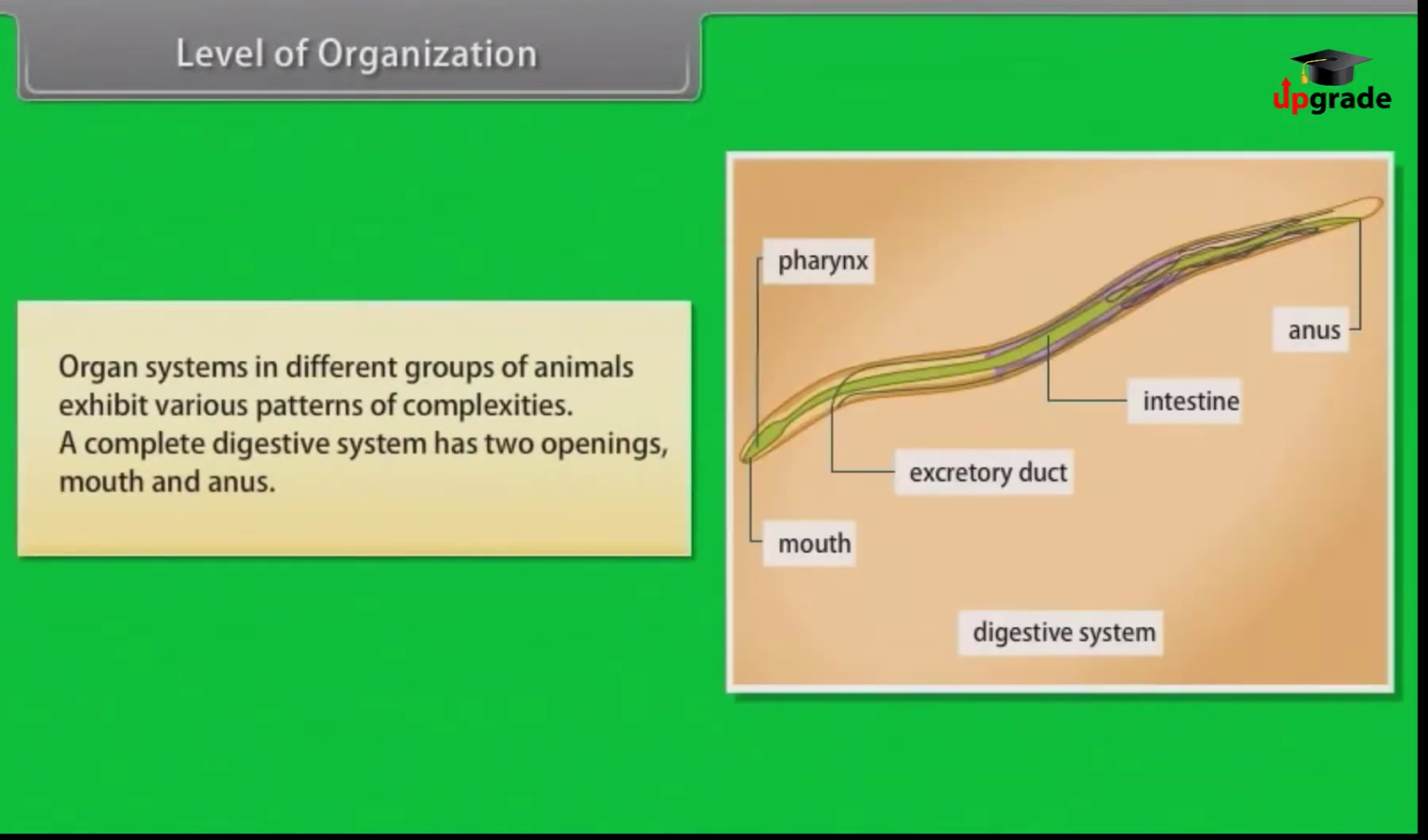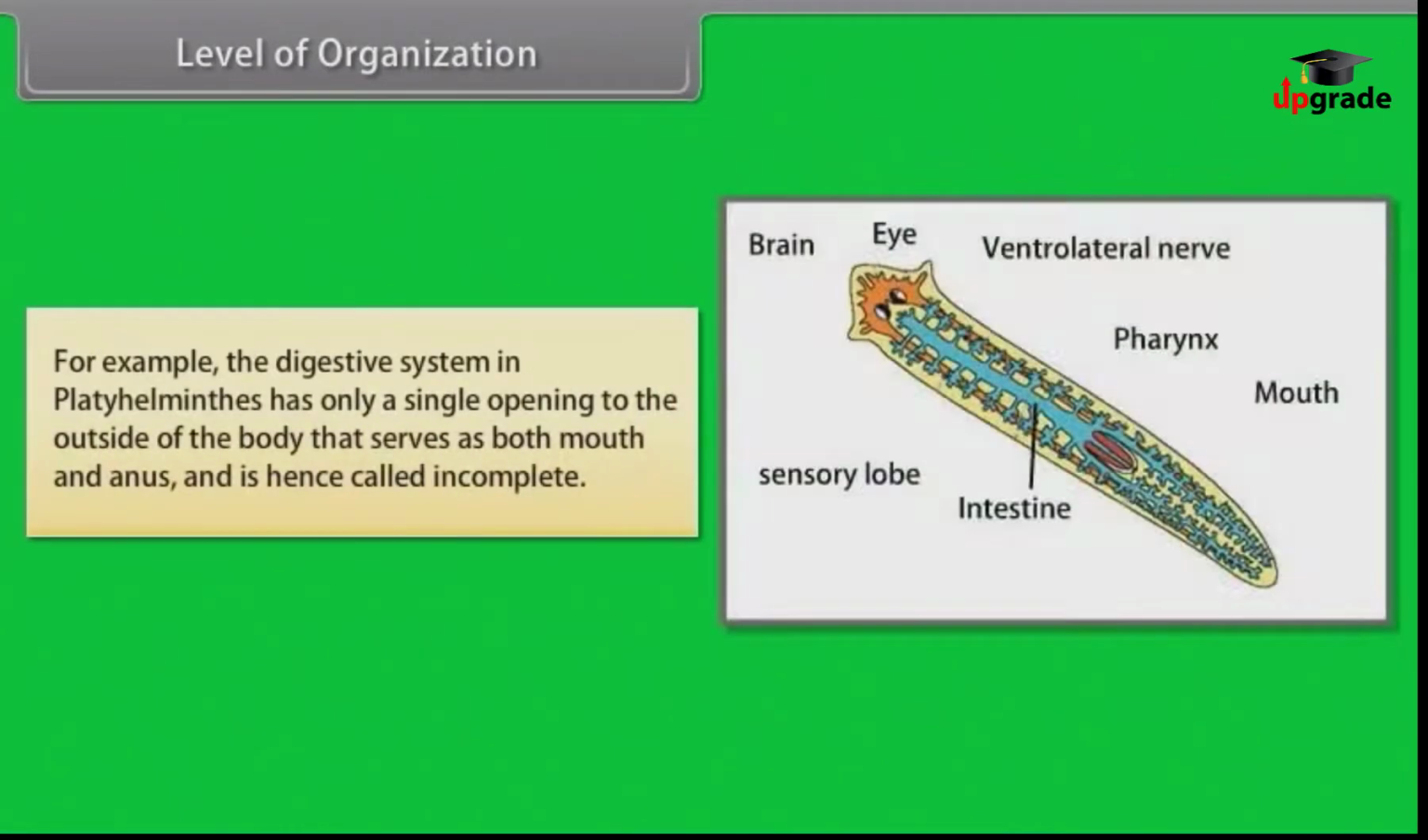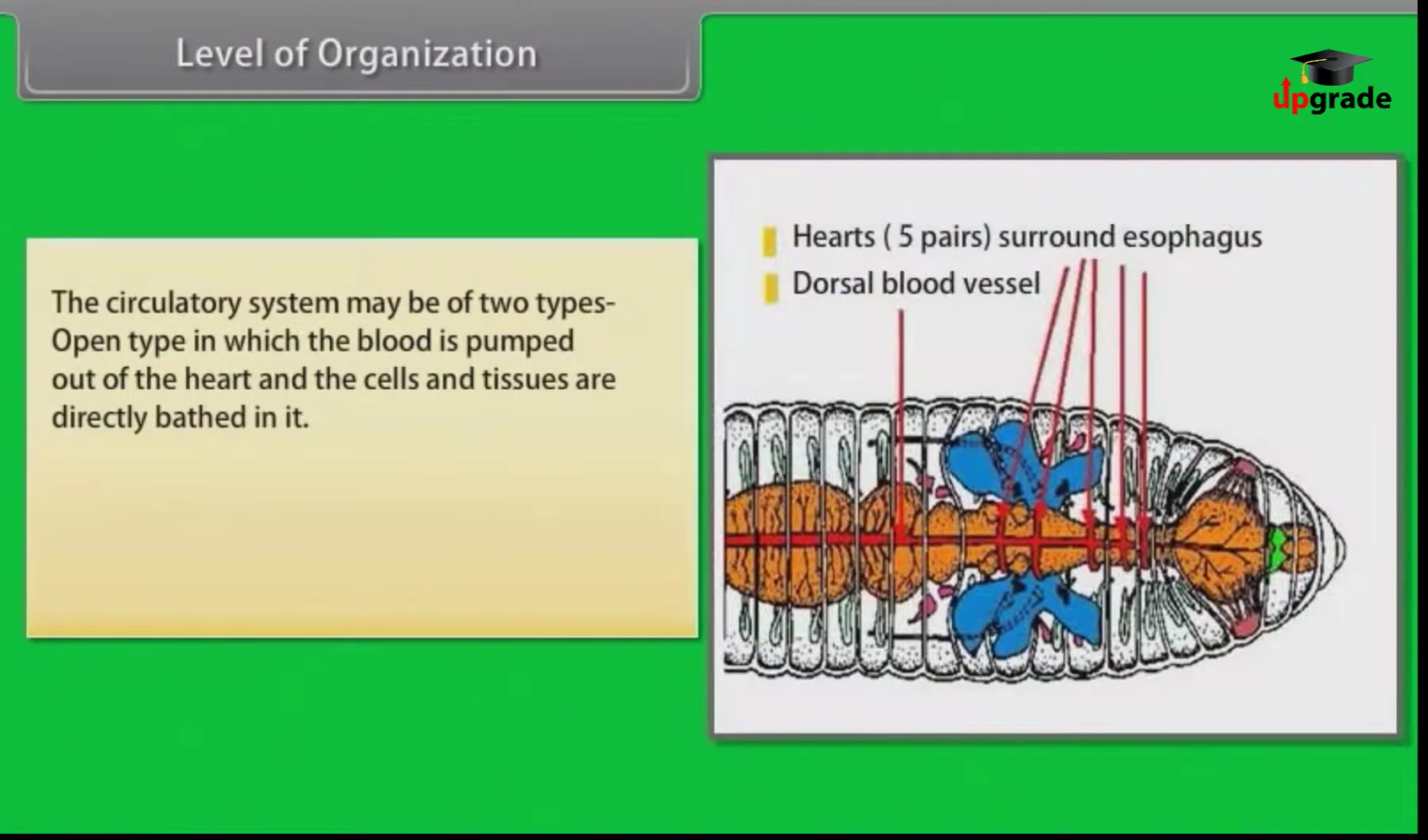Organ systems in different groups of animals exhibit various patterns of complexities. A complete digestive system has two openings, mouth and anus. For example, the digestive system in Platyhelminthes has only a single opening to the outside of the body that serves as both mouth and anus and is hence called incomplete. The circulatory system may be of two types: open type